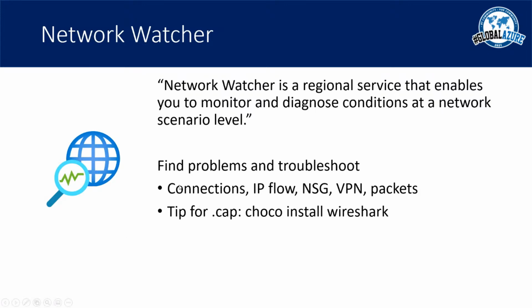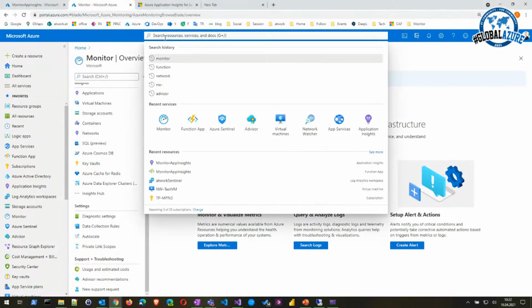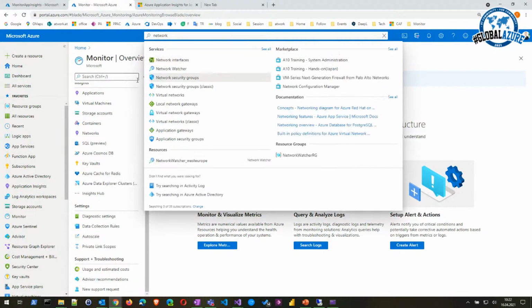If you're working with that, you want to troubleshoot network connections, there's a nice tool, for example, Wireshark, and there are many others out there. I just want to show you how this looks like. So I have a virtual machine here. And if I open the Network Watcher,